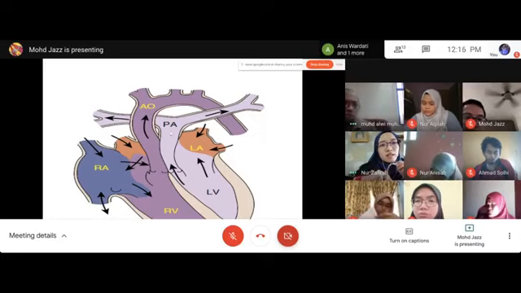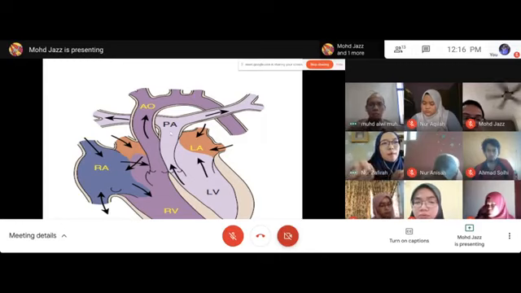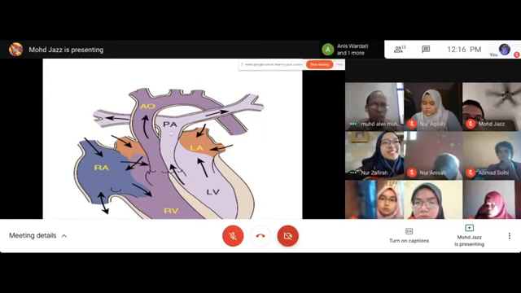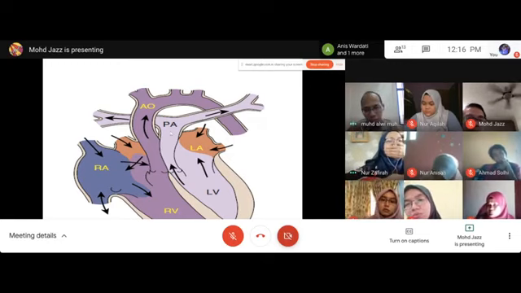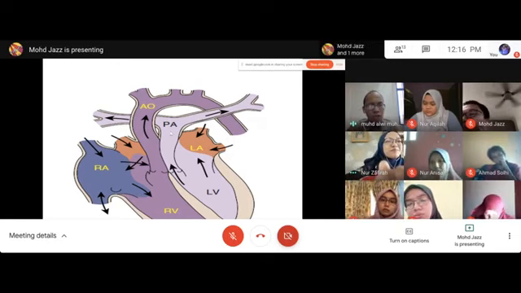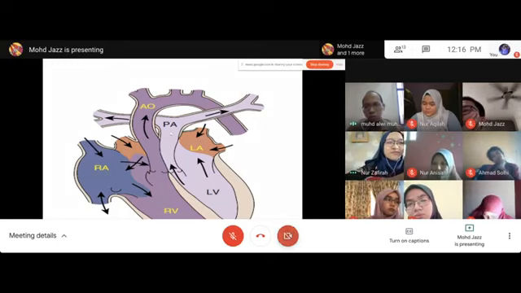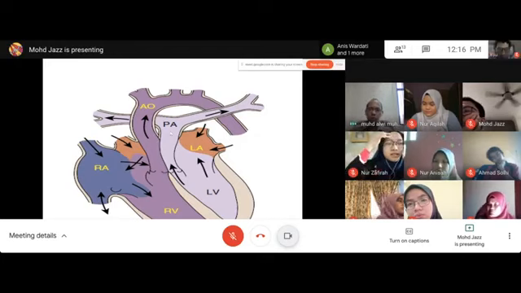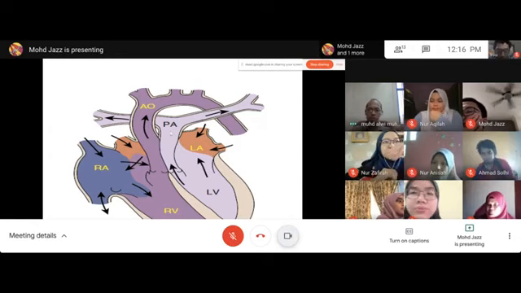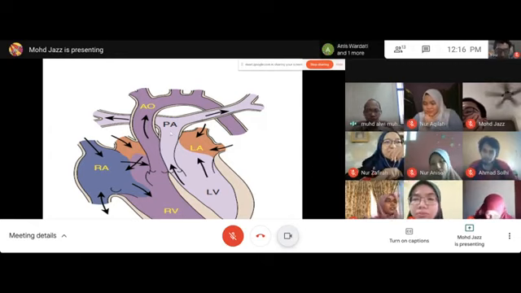Okay, in general, you need to understand the pathophysiology of cyanosis. There are a few ways you can become cyanotic. Okay, first is when you've got obstruction at the right outflow. Okay, meaning obstruction at the level of the pulmonary artery and below. This is what we call PS, critical PS, TA,